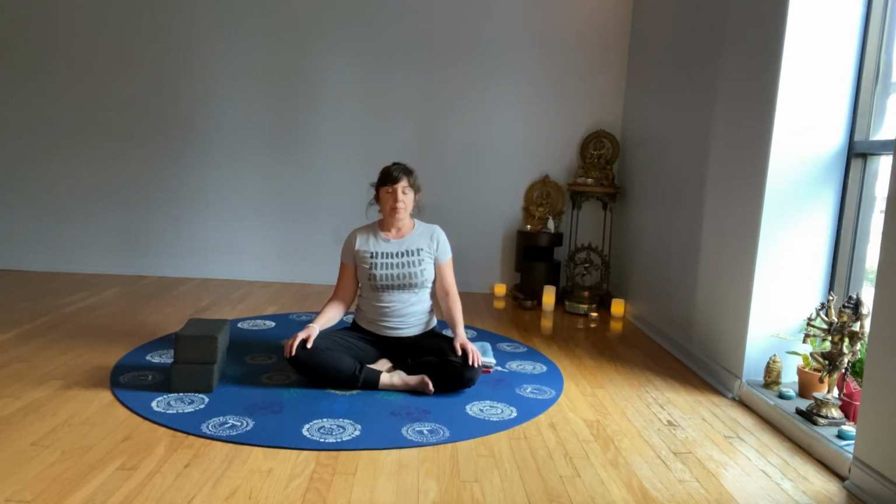Allow your breath to deepen, so you might just take a little bit longer inhale, be more patient with your inhale, and more complete with your exhale. If you would, bring your hands together in front of your heart, and you might set a particular intention for this practice, thinking about how you want to move in the practice, what you might want to pay special attention to today. I'm going to chant the sound of Om, and if you'd like to, please join along with me at home,